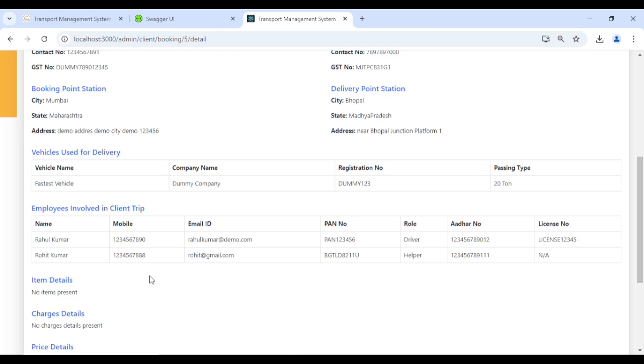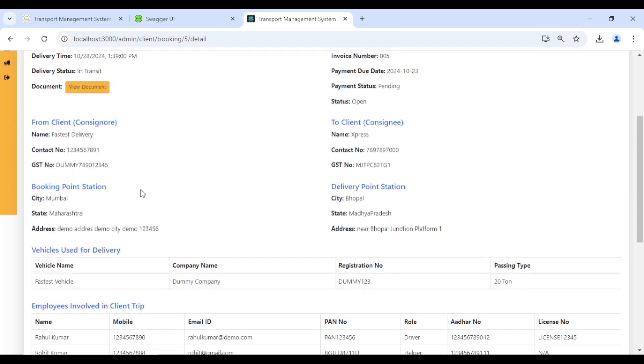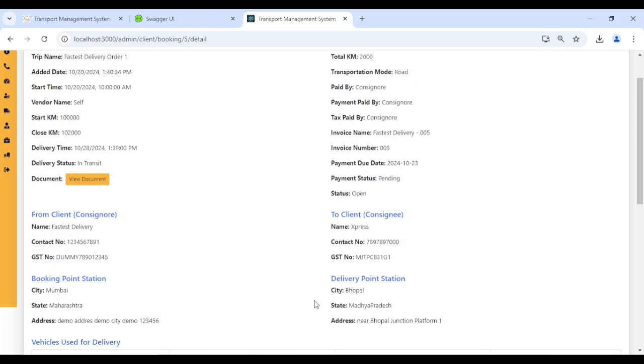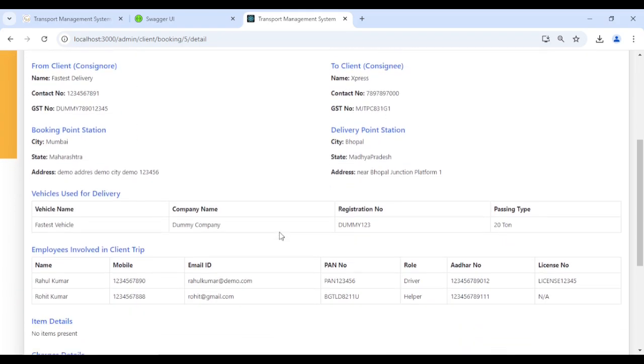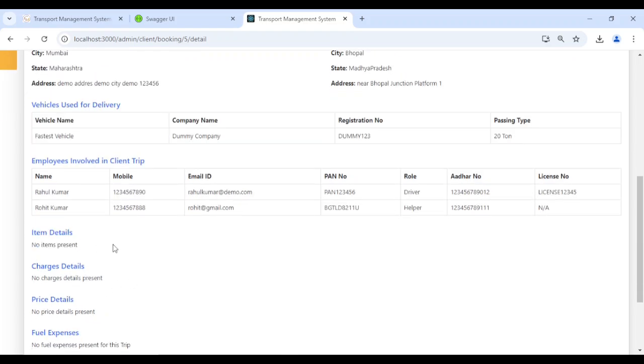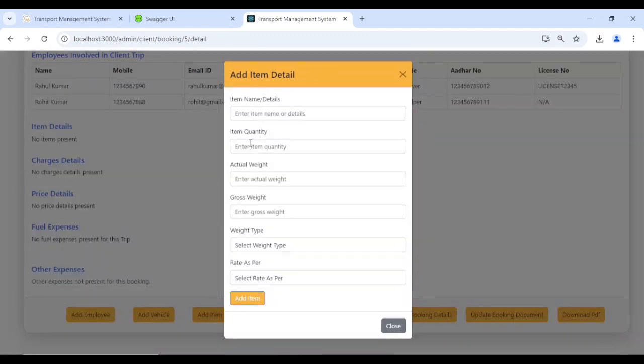Now item details, that means what all things this delivery will contain from Mumbai to Bhopal, from the fastest delivery client to the express client. What all things will this trip carry? So we can add the item details from here. As of now, since no items are present, we can add the item from here. So let me add here iPhone 16, and item quantity is 1 lakh. Actual weight we have to give, so let's suppose it is